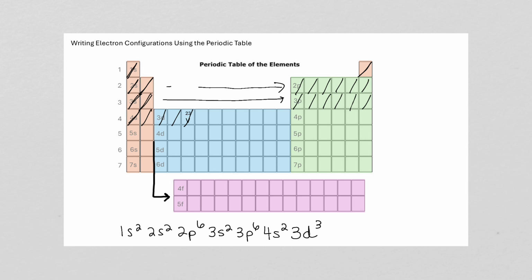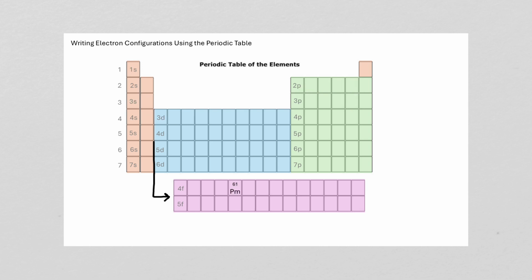All right, let's look at one that's a little bit farther in the periodic table. We'll look at one that's in the F block. So we'll do the same thing. This is going to be a very long configuration, but this will be good practice. Promethium has 61 electrons. So I start at the top,